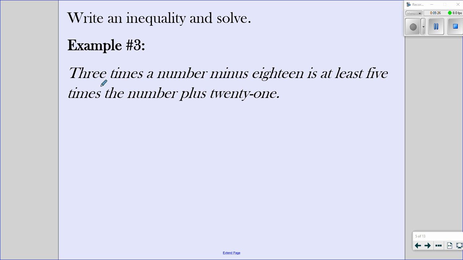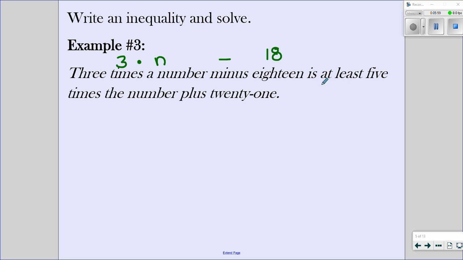So the first thing it says: 3 times a number minus 18 is at least 5 times the number plus 21. All right, so now I need to translate this into an algebraic expression, or an inequality, so I can solve. So it says 3 times a number. We know 3 times, let's multiply a number. Don't know what that number is, so I'm going to put n. Minus 3 times a number minus 18